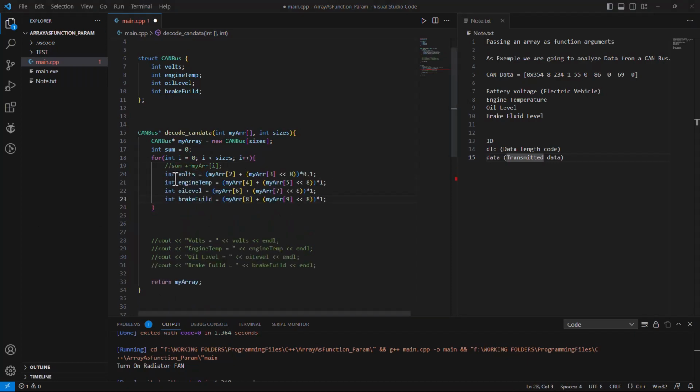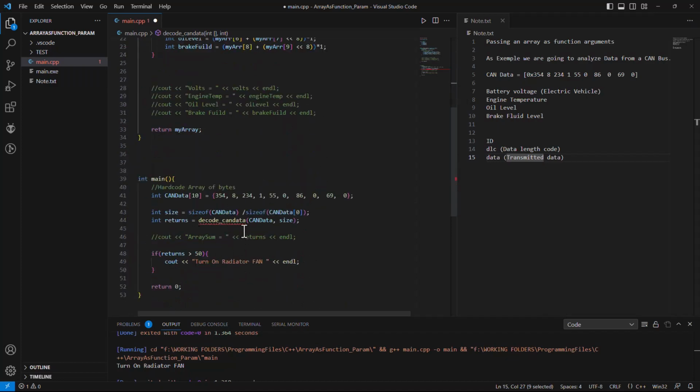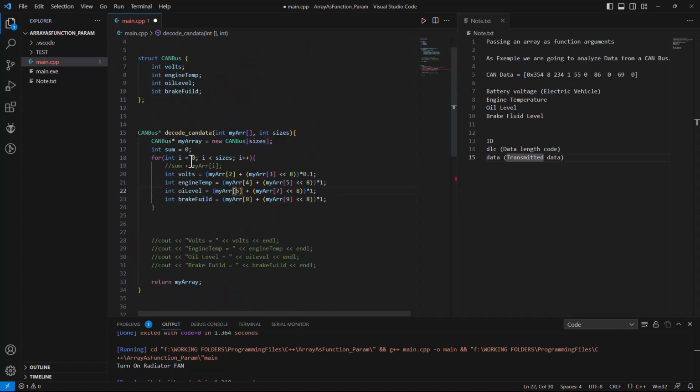We don't need these integer types associated with these variables here, because we already defined them in the struct here. So what we're going to do is very simple. We're already computing our data here. We're not going to change that because we're getting a different array variable coming from this main function here. Okay, so what we're going to do is basically just take this data and add it to this struct